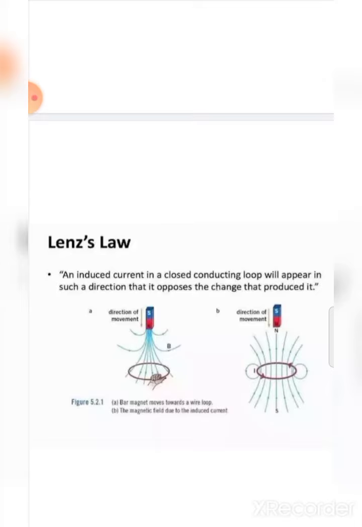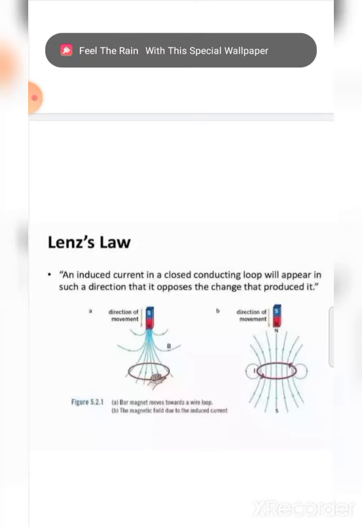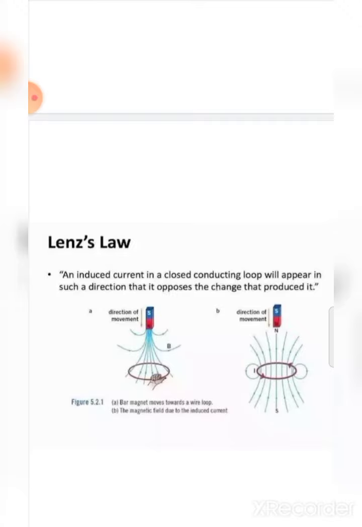The second diagram indicates the production of the induced current. When the induced current is produced, automatically a magnetic field is also induced. This induced magnetic field opposes the movement of the magnet towards the coil. Here the word opposing is very important. Therefore, the movement of the magnet is opposed by the induced magnetic field. So a negative sign is introduced in Faraday's equation.